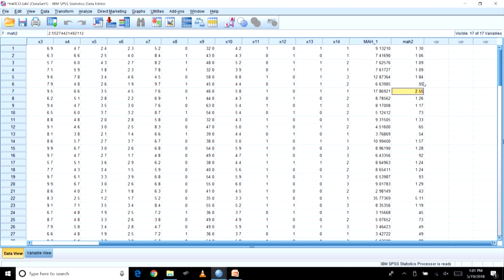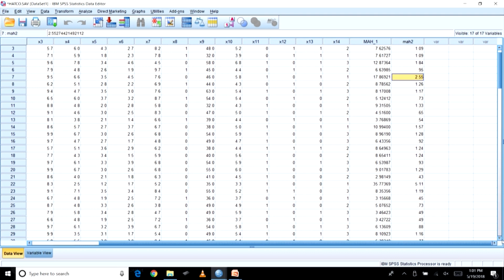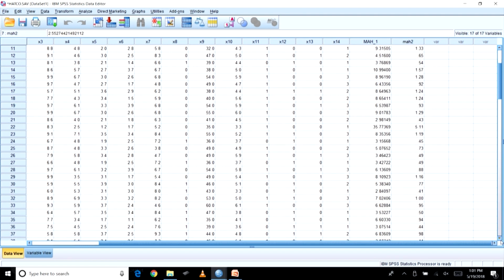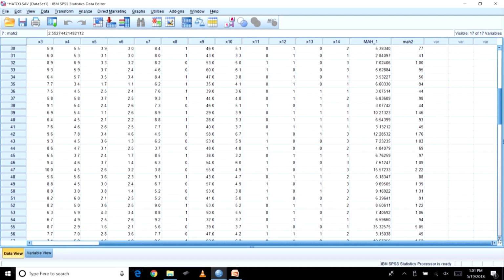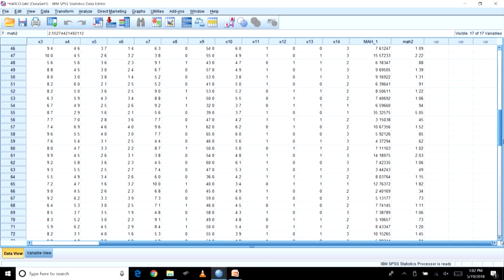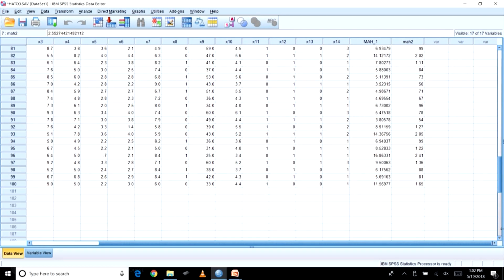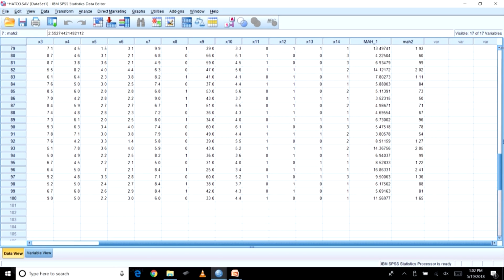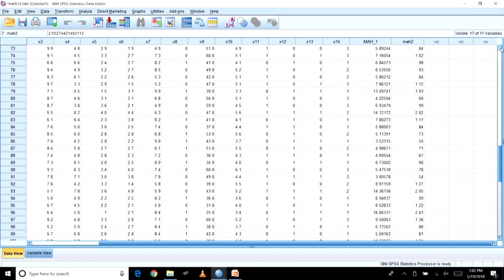There is one 5.11 here, then there is 5.05, case 55. So we got two cases which had a value of more than 2.5 or even 3.